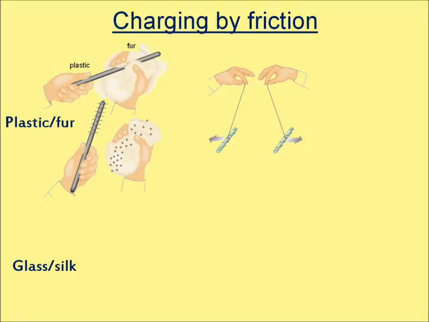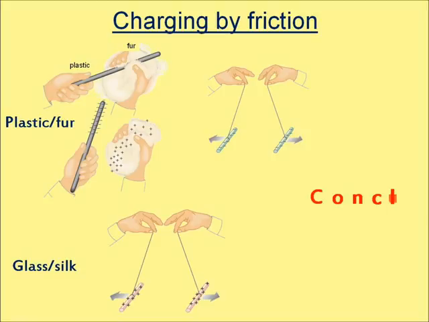Now let's take a glass rod that is rubbed against silk. It becomes positively charged. If we have two glass rods, then they repel each other. So the conclusion here is that we can make a body negatively or positively charged by friction, like the plastic rod or the glass rod. Then we have two charges, the negative charge and the positive charge, and two charges of the same sign repel each